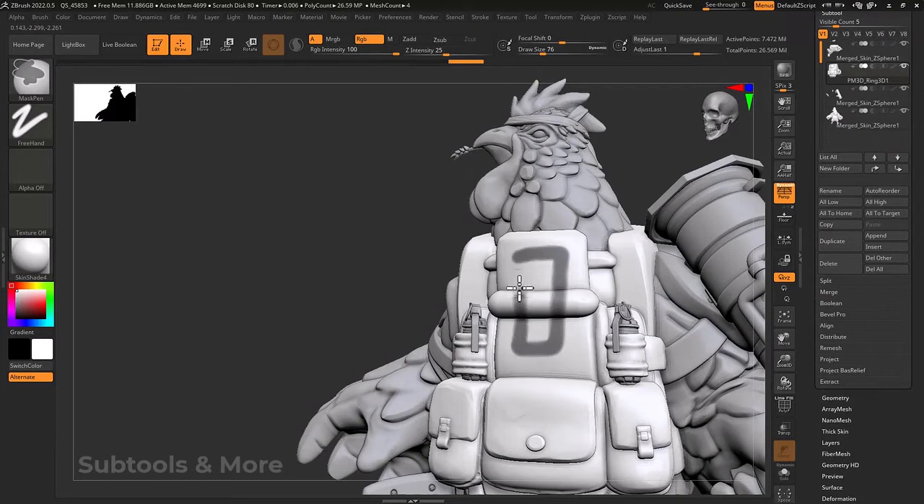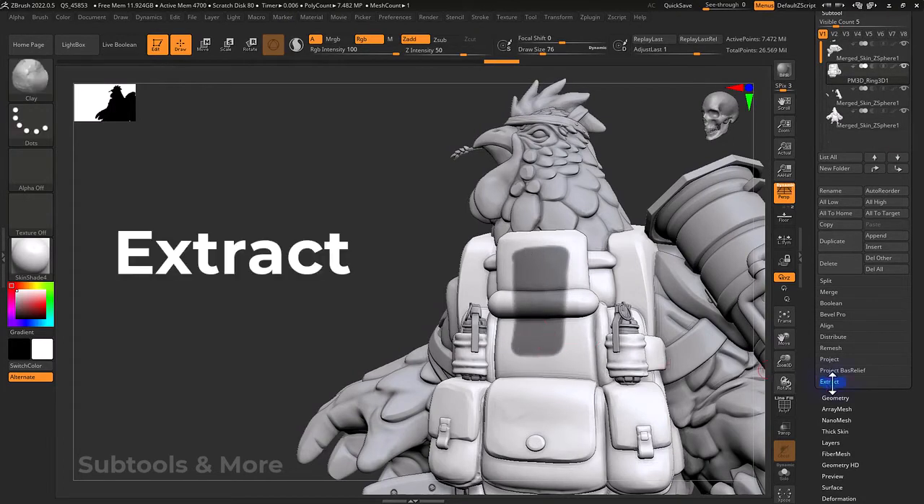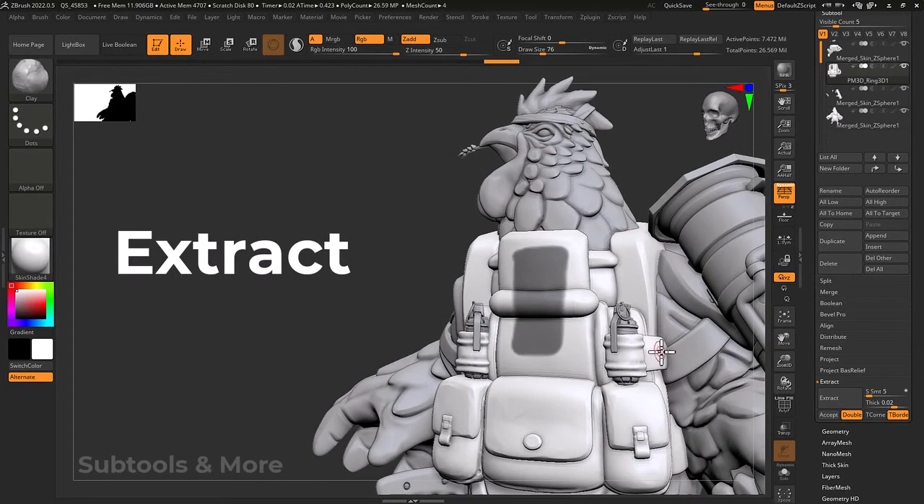Draw a mask shape on your model using the Control key. Next, open the Extract tab and press the Extract button. Extract allows you to generate new geometry from your mask. This, however, is a preview that will vanish when you move your camera or change your